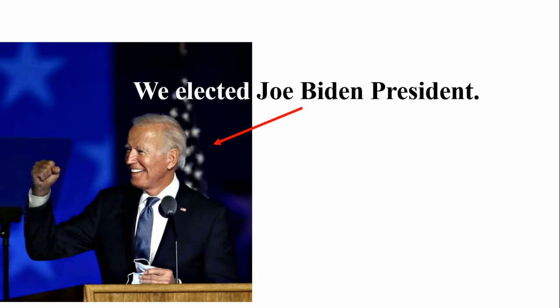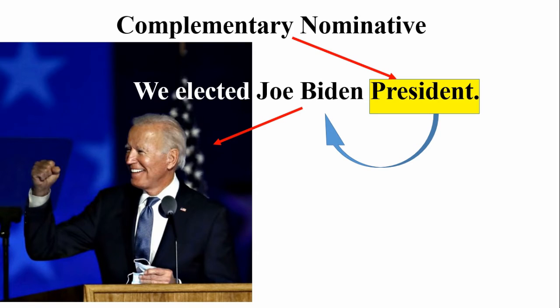We elected Joe Biden president. এখানে প্রেসিডেন্টকে জো বাইডেন, তাহলে প্রেসিডেন্ট হচ্ছে objective case, objective complement. এজন্যই আমরা এটিকে বলবো কমপ্লিমেন্টারি নমিনেটিভ।